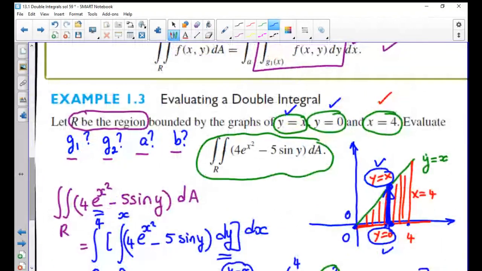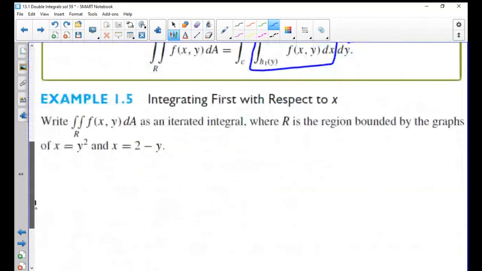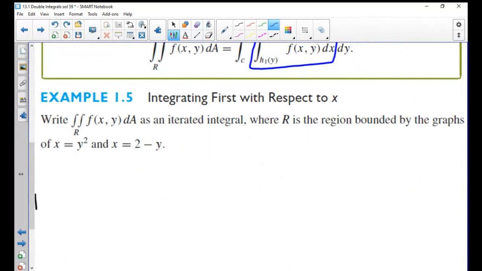Okay, no problem. Now, I want to go back here. All right, so write